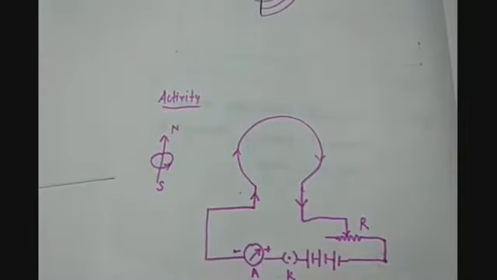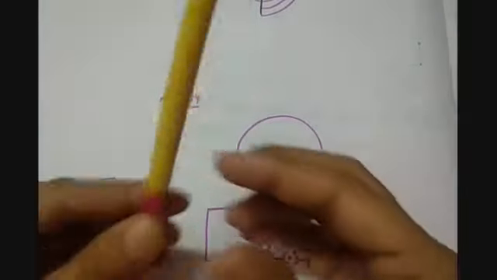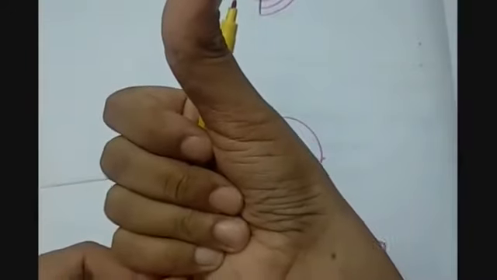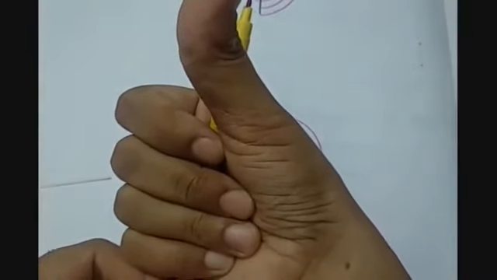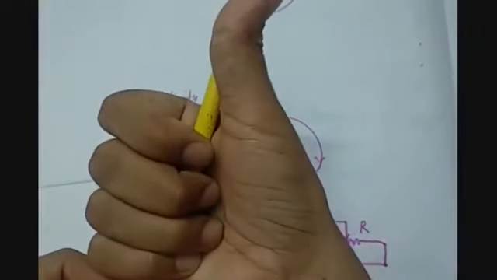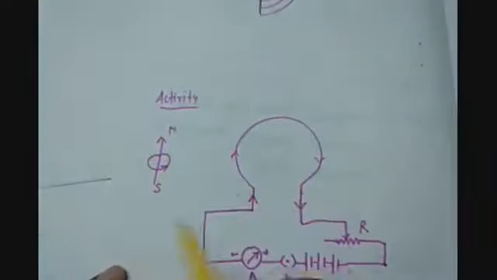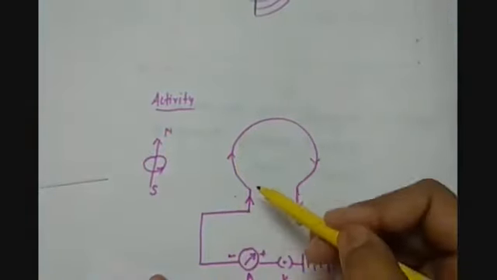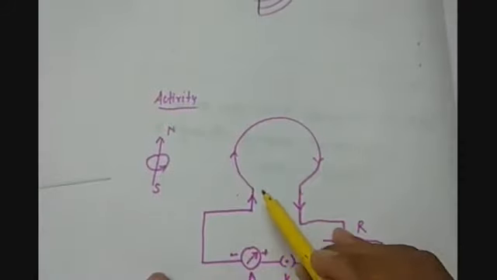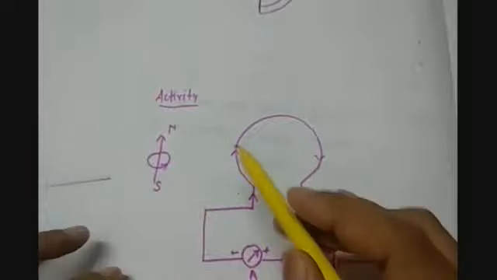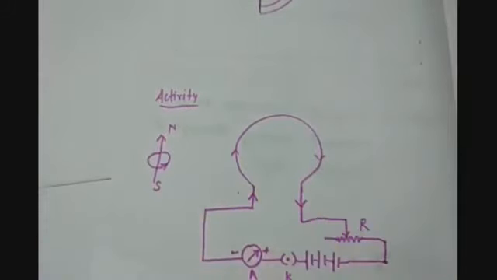So we know that if we have a conductor and we arrange our thumb in the direction of the current, then the curls of the fingers tell us the direction of the magnetic field lines. So this is the direction of the magnetic field lines. Here, just see this portion of the circular loop, because a circular loop is formed by joining very small segments of straight conducting wire. So a circular loop is made up of straight conductors only.